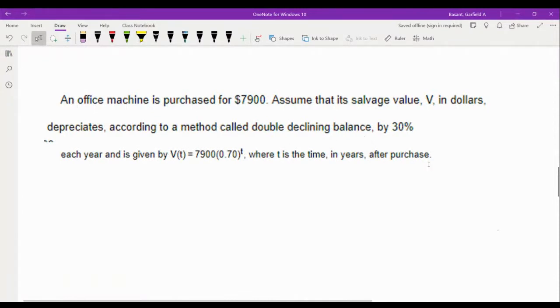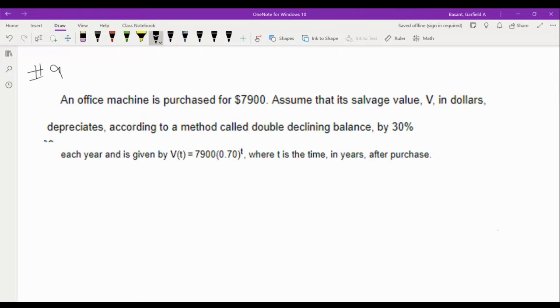All right, so this is actually number 9. An office machine is purchased for $7,900. Assume that the salvage value V in dollars depreciates according to the method called double declining balance by 30%